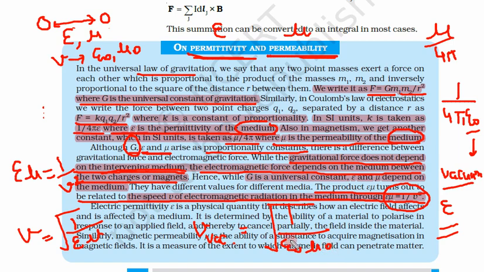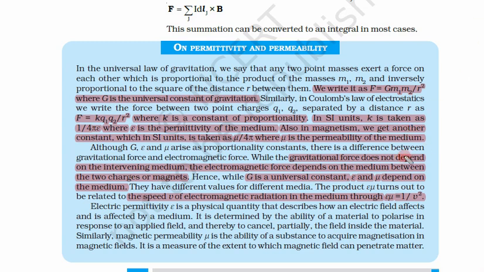Okay, so this is in case of vacuum. In vacuum, this quantity is equal to the velocity of light, because in vacuum any electromagnetic radiation will travel at the speed of light. But if there is a medium, let us say water, then by using this relation we can calculate the velocity of the electromagnetic radiation in that medium.